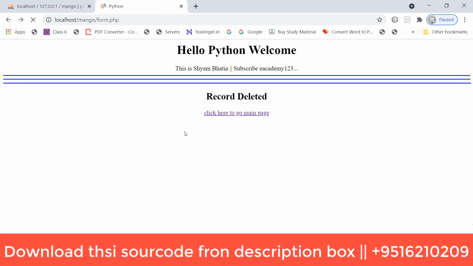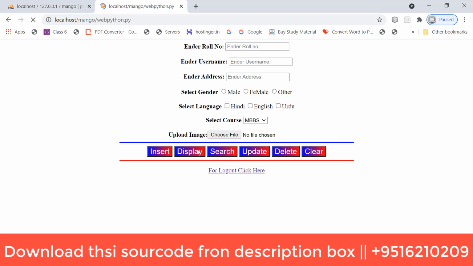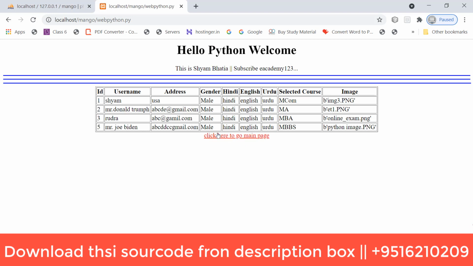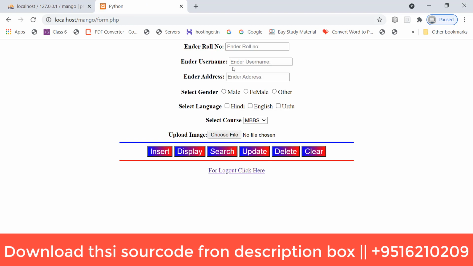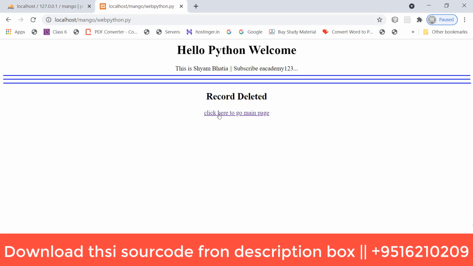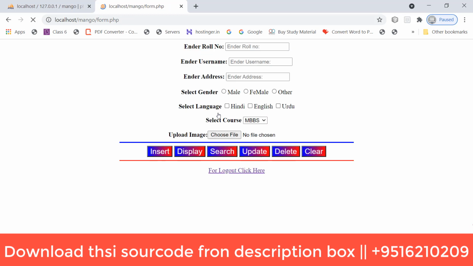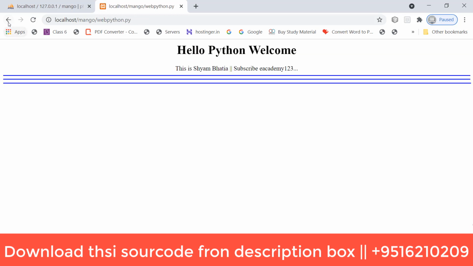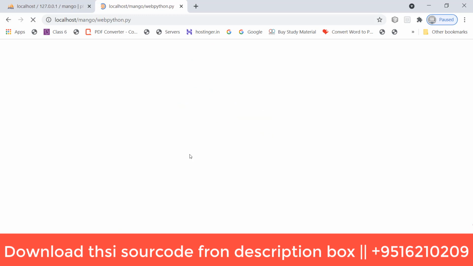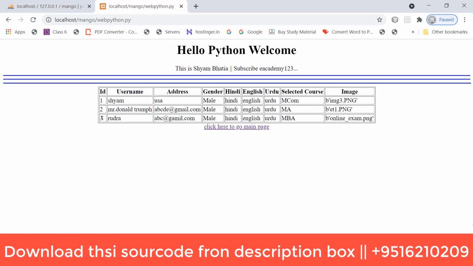By default, the fifth entry was taken, and if you display it, yes, enter the number 5 and go to the delete operation. Now the fifth one has been deleted. Go to the display button, and yes, the fifth entry has been deleted. So all functions are working perfectly.